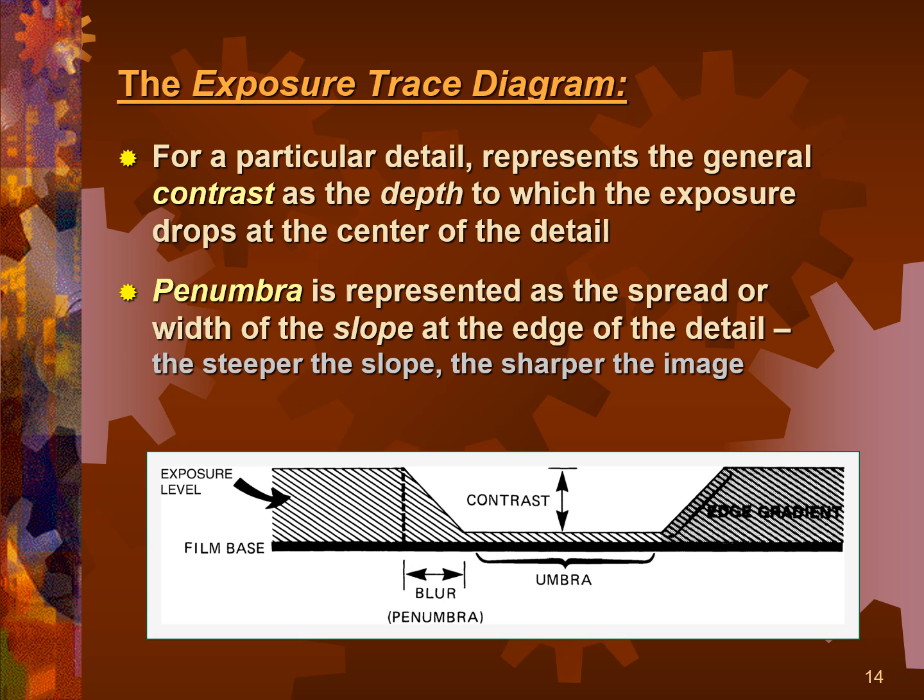So an exposure trace diagram is supposed to be a visual aid to show you there's basically a ditch here. Okay, it's a carved out ditch. It's supposed to show you the differences in exposure level when you put an object in front of the primary beam. Okay, so the contrast is the depth of the ditch. All right, but the ditch does not have vertical walls. It's got slanted walls. So there's the true shadow, the umbra, and then the slanted walls represent the blur as the object's attenuation is fading